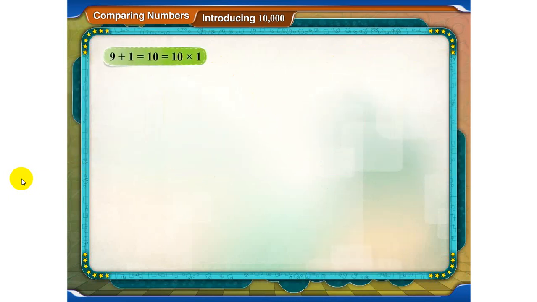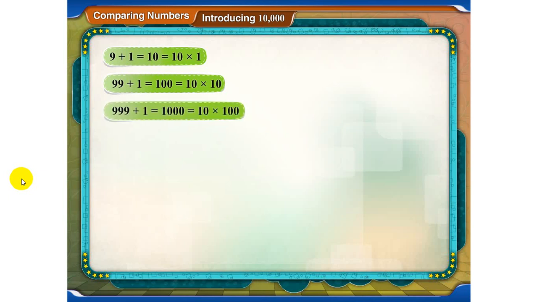Look at the pattern. 9 plus 1 is equal to 10, which is equal to 10 into 1. 99 plus 1 is equal to 100, that is equal to 10 into 10. 999 plus 1 is equal to 1000, which is equal to 10 into 100. We observe that